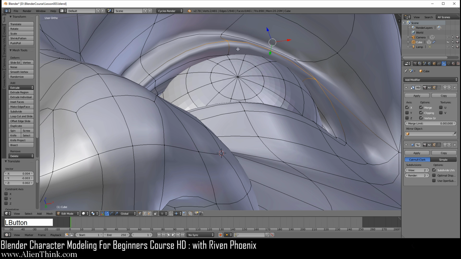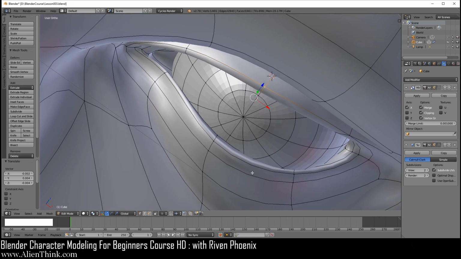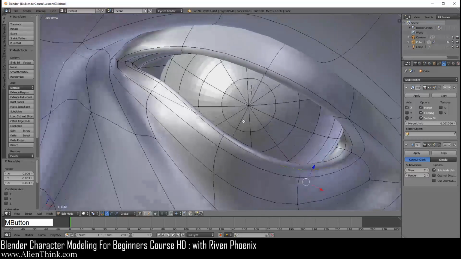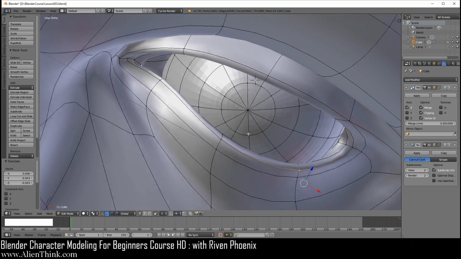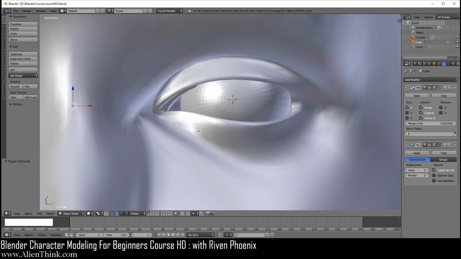And over here, I'm not going to really mess around with the vertices too much. You don't have to do too much over here, just make sure that you're happy with the results. And actually over here, I'm just going to move this out just a bit too. Okay, so I've got that in place. And then of course you can move any of these if you really want to, but I'm just going to leave that be. So now I'm going to make sure that I go into my object mode and click on smooth.